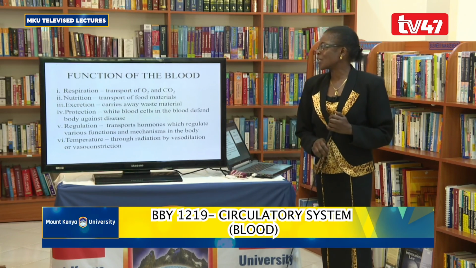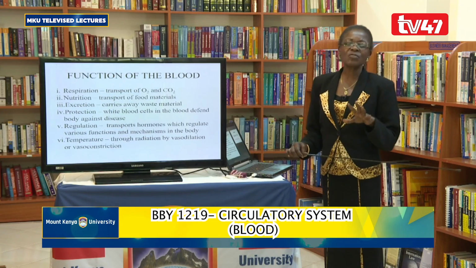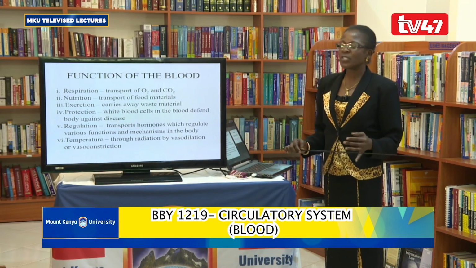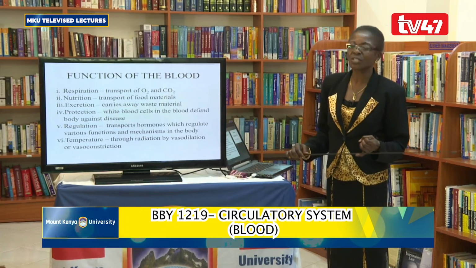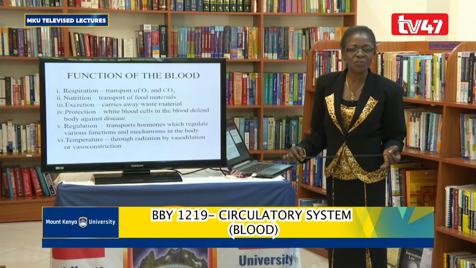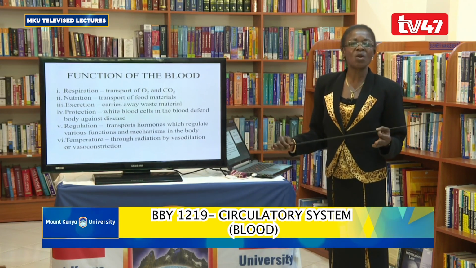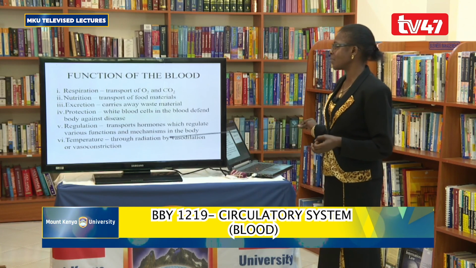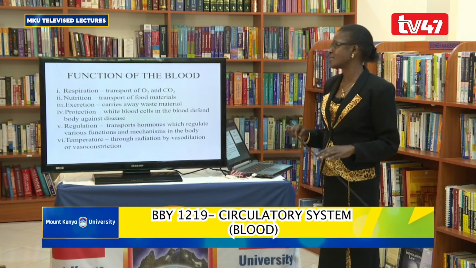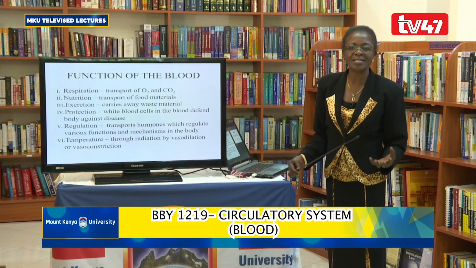To summarize the function of the blood now, having said all that we have about it, we give it functions according to where it plays a role. So function number 1, we give it the role of respiration because of transporting the respiratory gases. We give it the role of nutrition because of transporting the food materials. We give it the role of excretion because of transporting the waste material from the body tissue cells to the excretory organs. We give it the role of protection because of having the white blood cells that play the role